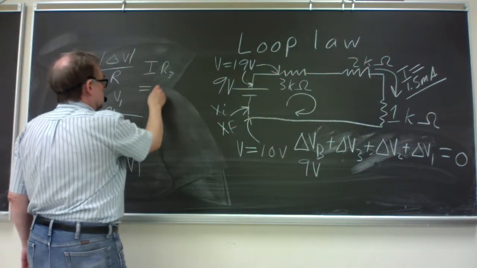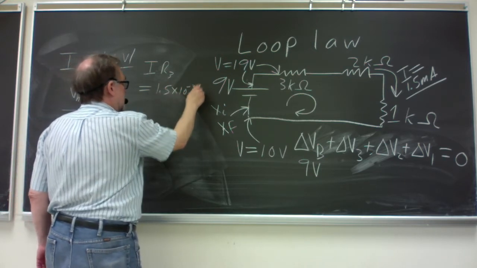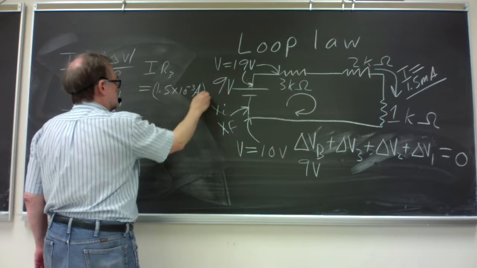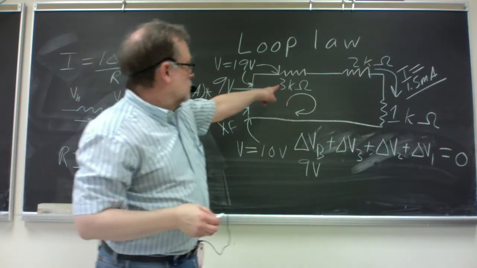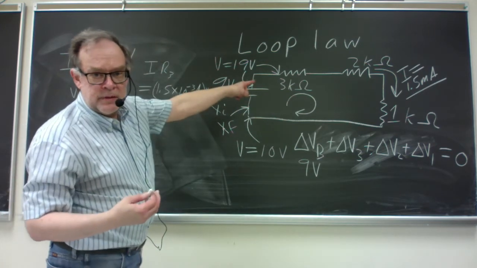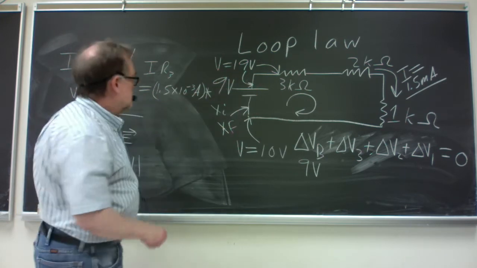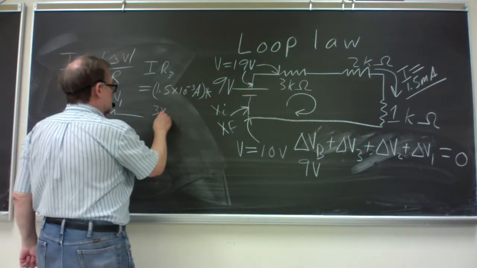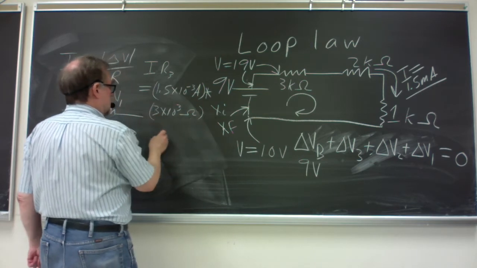And that's just 1.5 times 10 to the minus 3 amps times 3 times 10 to the 3 ohms. That's what the K stands for. 3 kilo ohms, 3,000 ohms. 3 times 10 to the plus 3. And that gives us